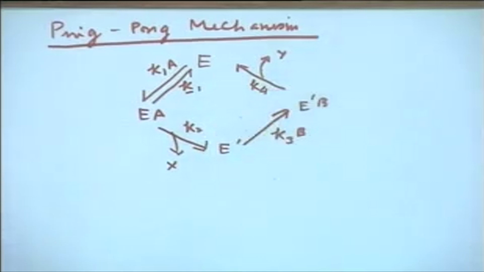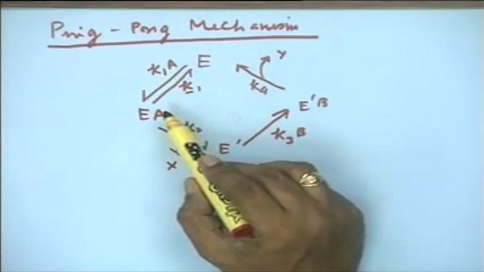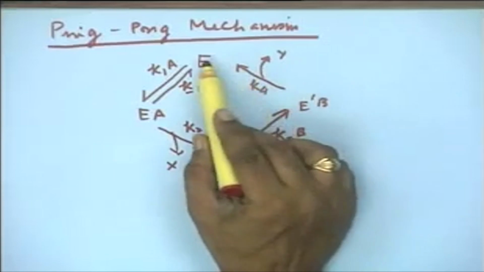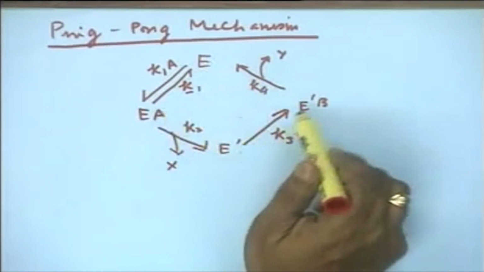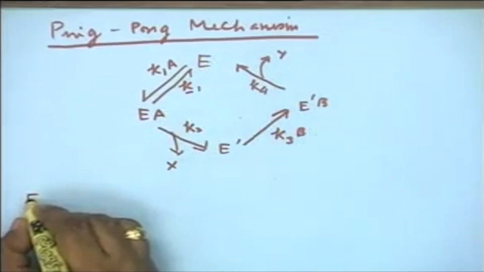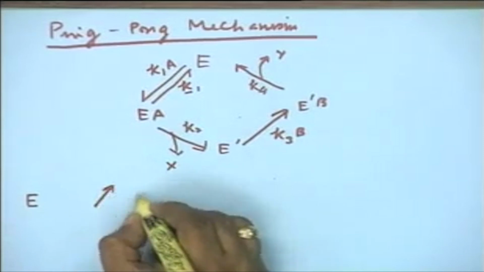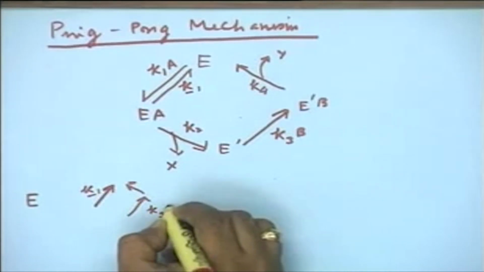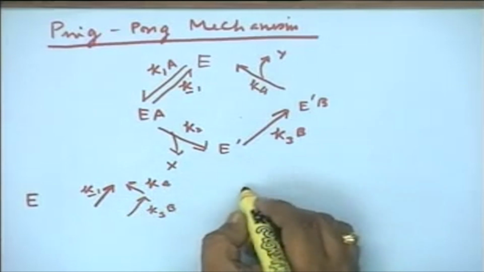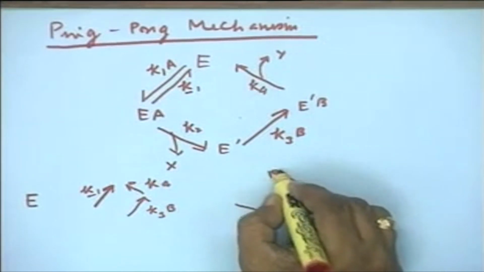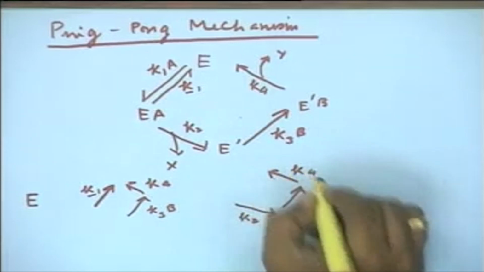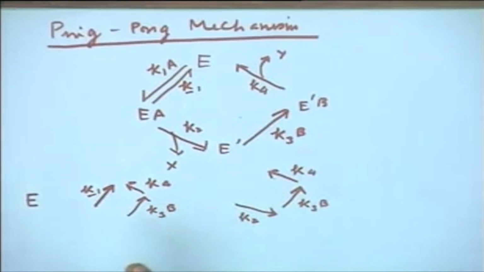So, you notice that there is only one reversible step here, when the first substrate binds to the enzyme. The rest of the steps are all irreversible steps. And if you again consider the 4 different enzyme species present here, E, EA dash, E dash and E dash B, for E you can write the pattern as K minus 1, K3 B and K4, and similarly you have another pattern K2, K3 B and K4, and the relative concentration of the enzyme